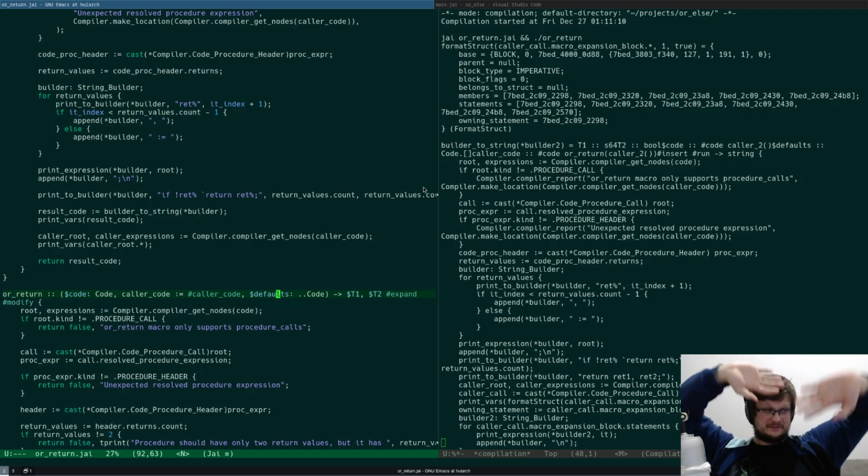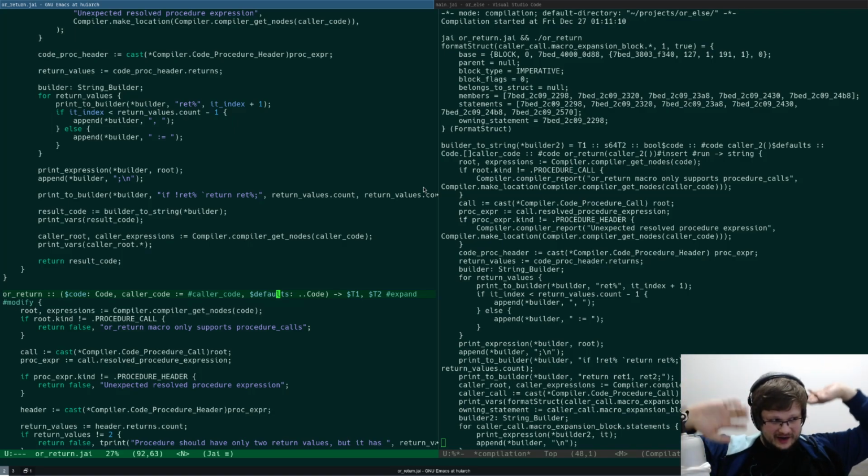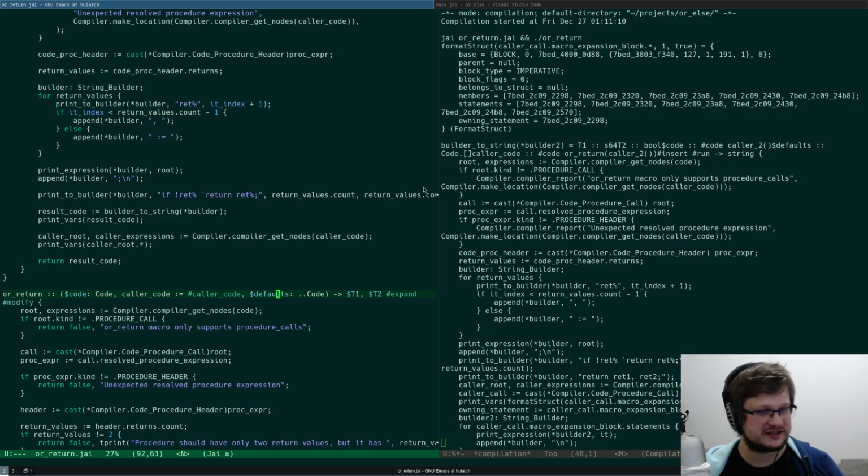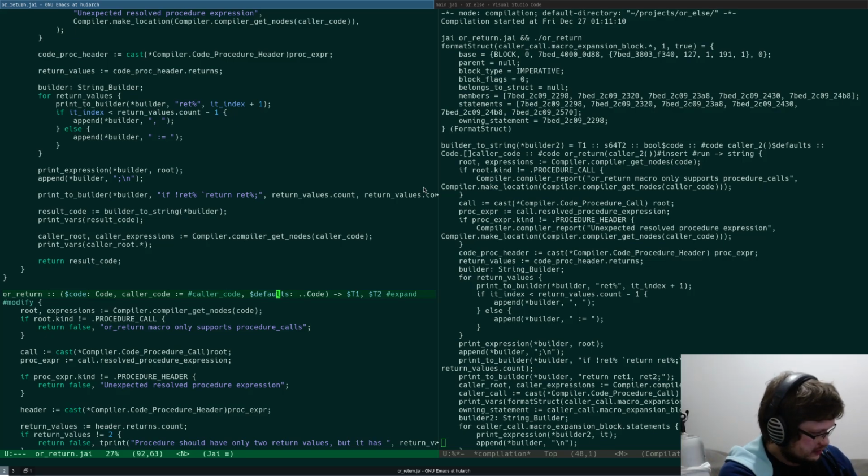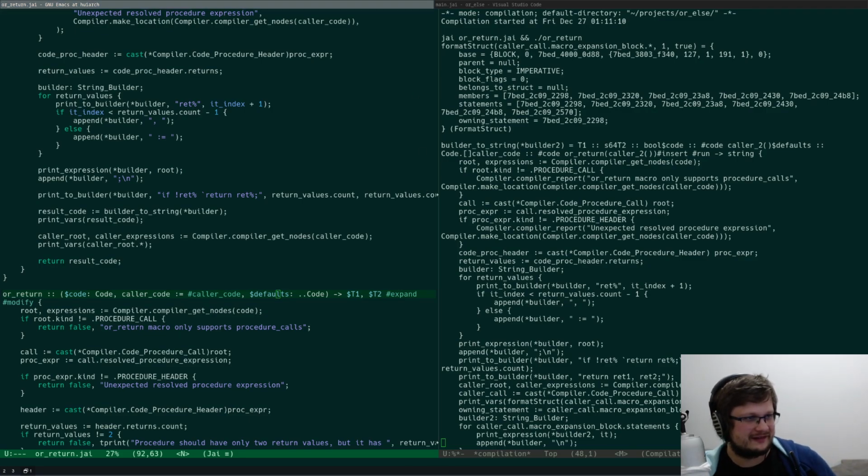This is mind-bending. That's why I like metaprogramming. It stretches your brain. One second. Somebody fucking messaged me at 1 a.m. Okay.